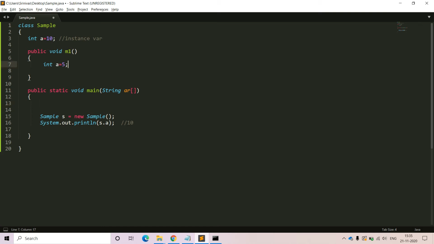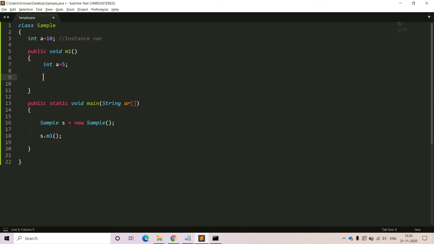Now, it is an instance method. If you want to invoke the instance method, definitely we have to create the object of the class in the main method. The JVM entry point is the main method. In the main method, we have the object of the class. Through the object, I have to call that instance method. How to call the instance method? With the help of the object reference, s.m1(). m1 is the method. Now automatically that instance method will be invoked. Within the instance method, we have one local variable. The scope of this variable is with respect to this particular m1 method only.